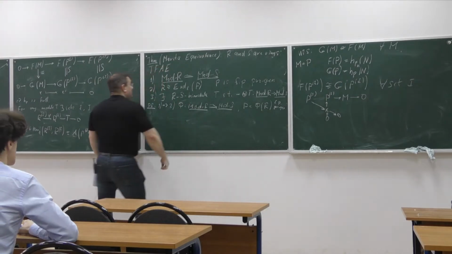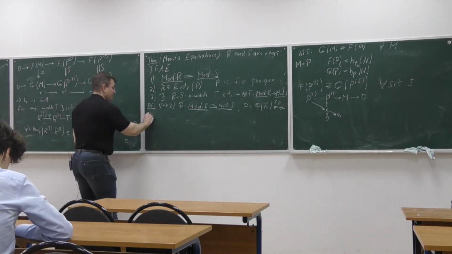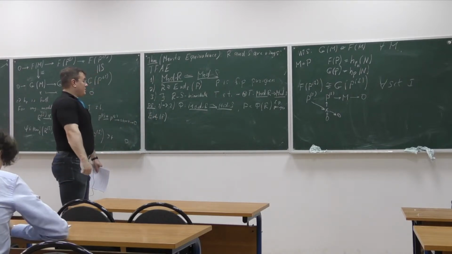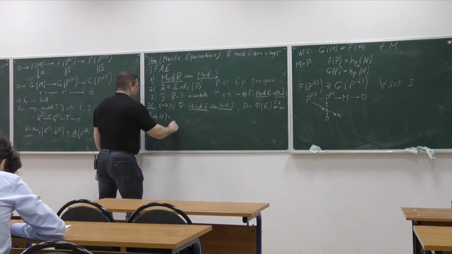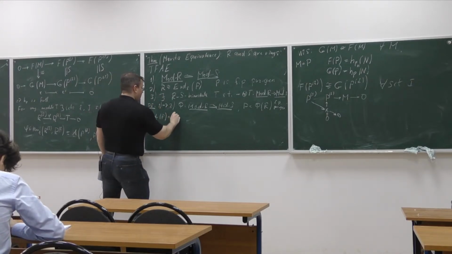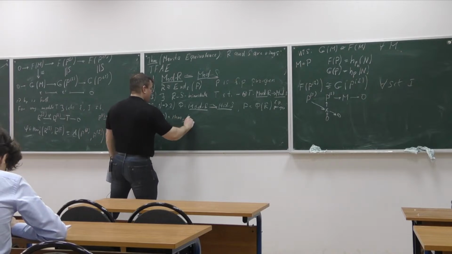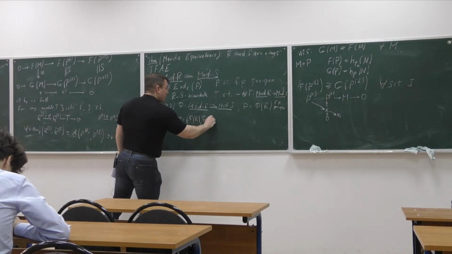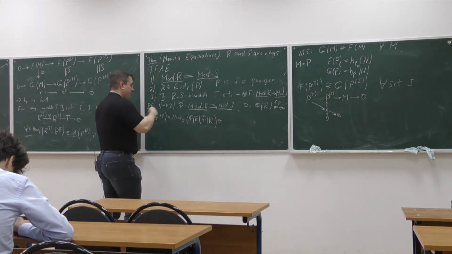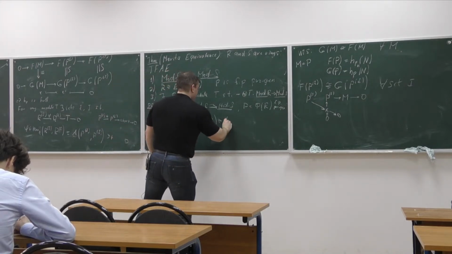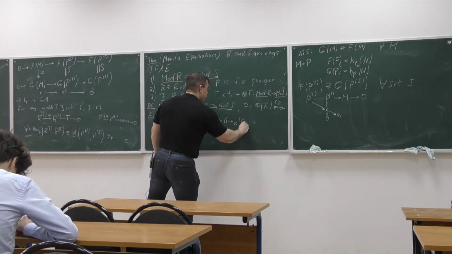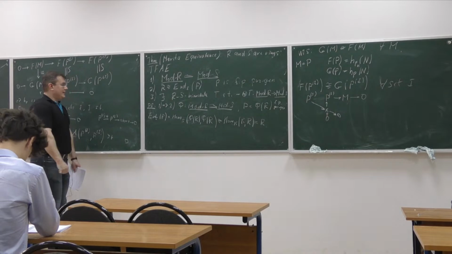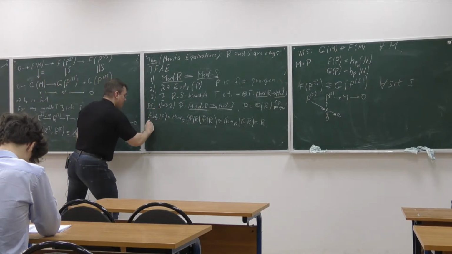Well, we only need to understand why the endomorphisms of this P are the same as R, but this is again very easy. This is just Hom over S from P to P. I can write this as phi of R. Now use that phi is fully faithful and write this as Hom over R of R and R, which is R. So with this, we have 1 implies 2.